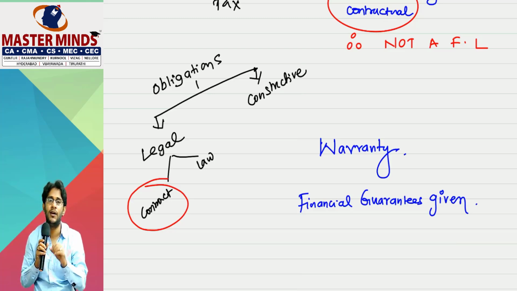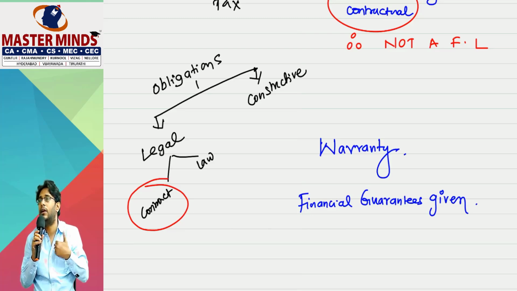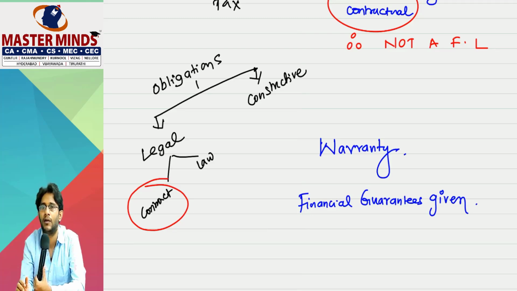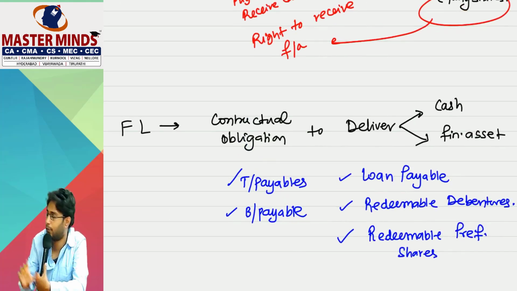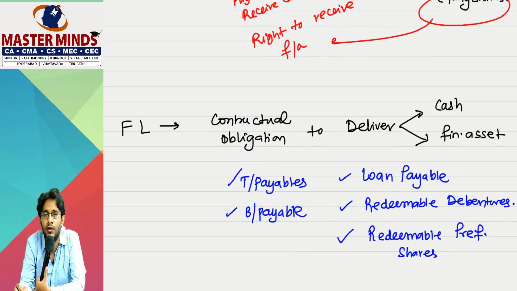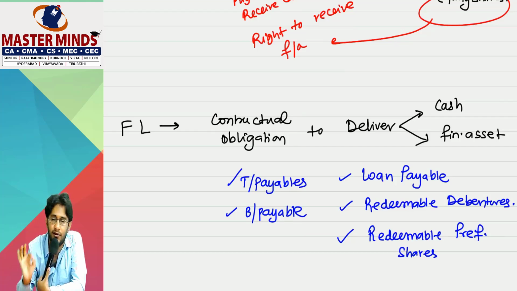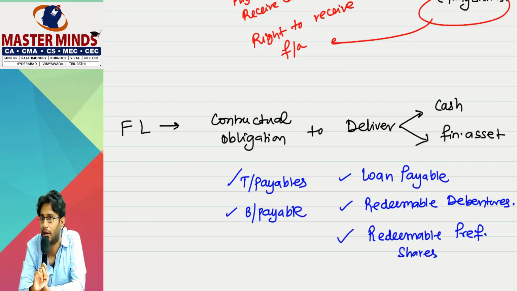Now tell me, sir, is this financial guarantee a financial liability for me? Sir, contingent or not contingent, or leave it all that. Based on the contractual obligation point, based on just this point, you answer. If that fellow defaults, then we have a contractual obligation to deliver and pay cash to the bank, isn't it, sir? Definitely it is a financial liability. Now,